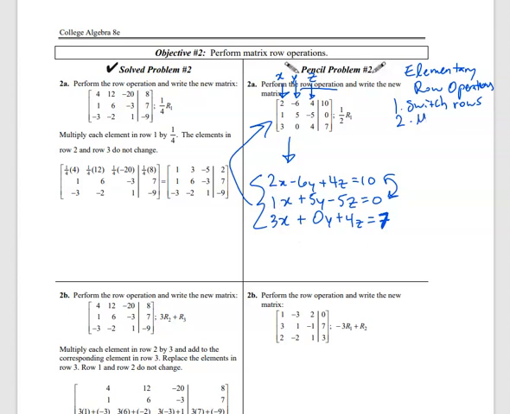Something else that we can do is multiply a row by a number, and that corresponds to multiplying an equation on both sides by the same number. Now that's something we would do in elimination all the time to be able to subtract the equations and get something to cancel, is that sometimes we need to multiply a whole equation by a number, and it's perfectly legal to do it. That's why here we're able to do this row operation,